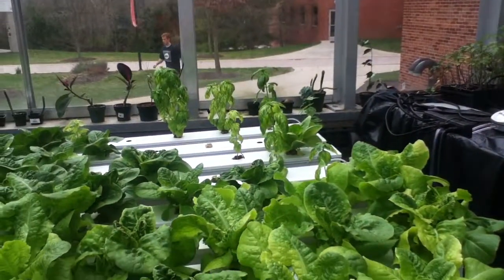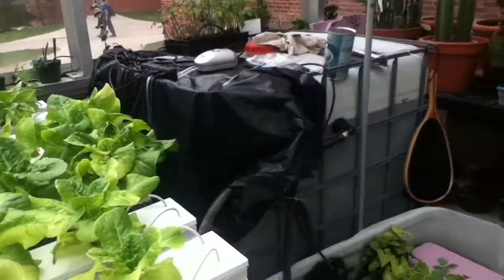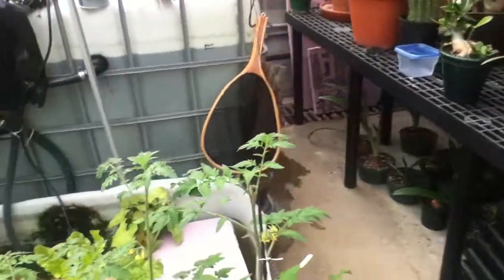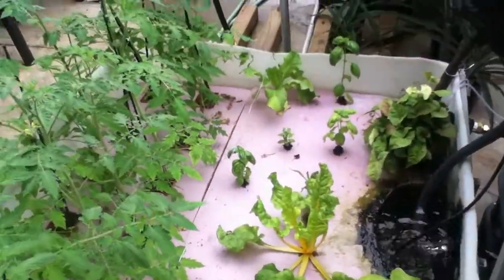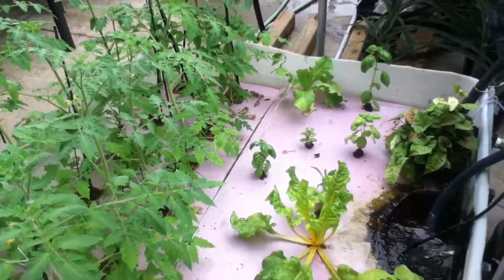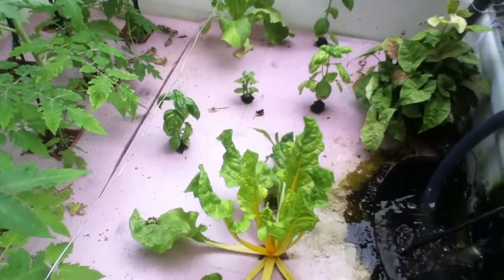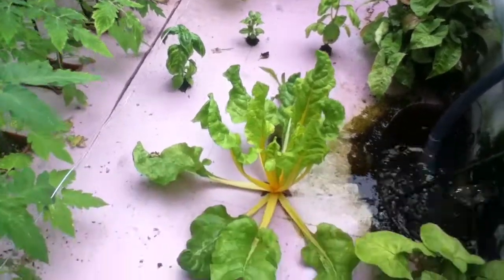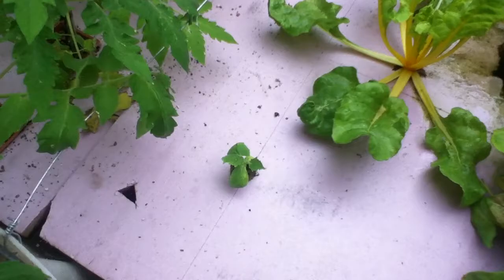In the back there's 5 basil plants. They seem to be doing very well. They've grown very tall. In the original grow bed with the float rafts, we swapped out the grow stone for rafts to make it easier to pull the plants out and weigh them. In here we have 4 basil plants. We have a romaine lettuce in the back, some Swiss chard in the front, a small cucumber plant that's just